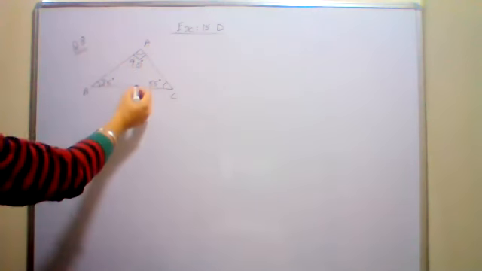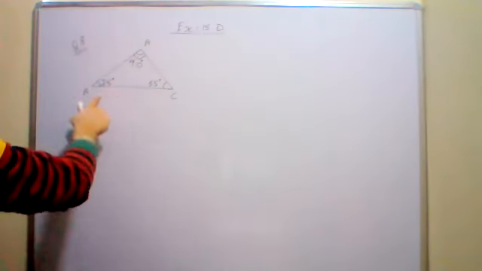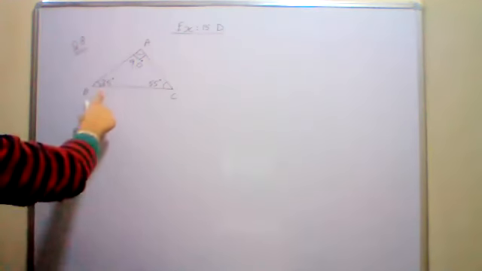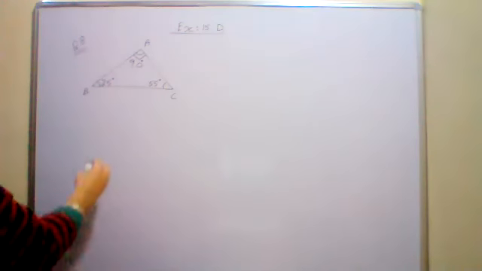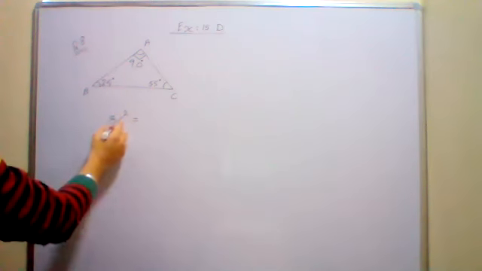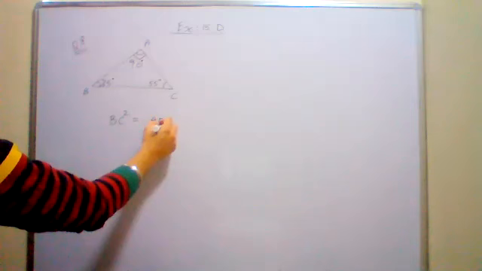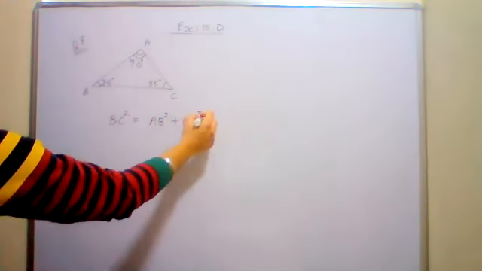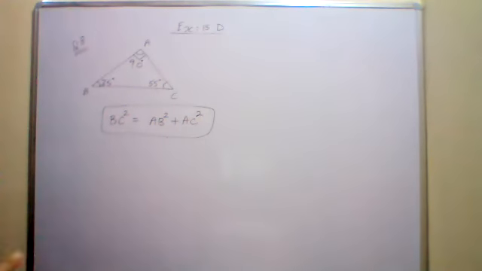The side which is opposite to the right angle. Right angle कौन सा है? Angle A. Angle A के सामने कौन सी साइड दिख रही है आपको? BC. So BC is the hypotenuse. तो पाइथागोरस थ्योरम कैसे लिखेंगे आप? BC square is equal to AB square plus AC square. This is the correct option. चूज करिए कौन सा वाला है, फर्स्ट, सेकंड और थर्ड, कौन सा ऑप्शन सही है? थर्ड ऑप्शन इज द राइट वन. So third option is the right one.